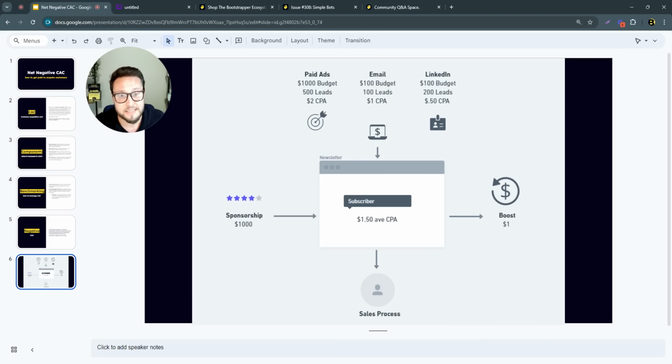So now you invested in the paid ads, the emails, the LinkedIn to acquire that customer and grow the ecosystem. If you share the love, in a sense, and they choose to opt into another newsletter, you can get paid for that opt-in from that other newsletter. In this situation, we'll say it's $1 per subscriber, because we're going to put up maybe 4 boosts. There's a 25% opt-in, and you're getting paid $1 a boost.